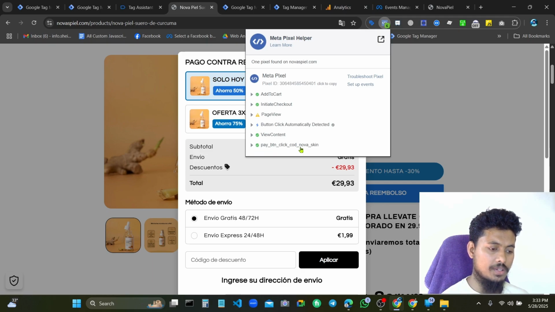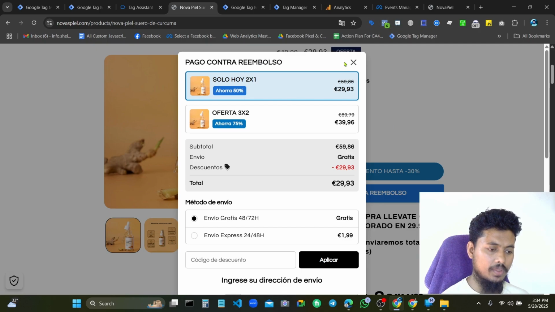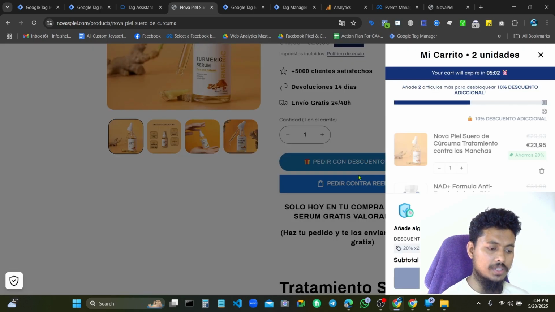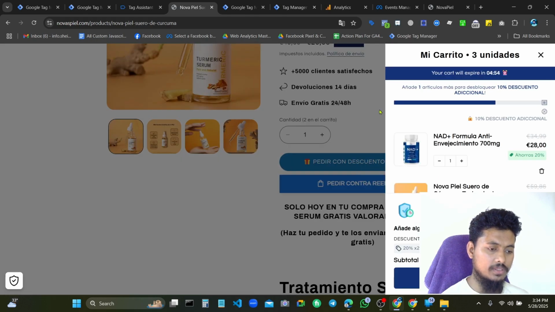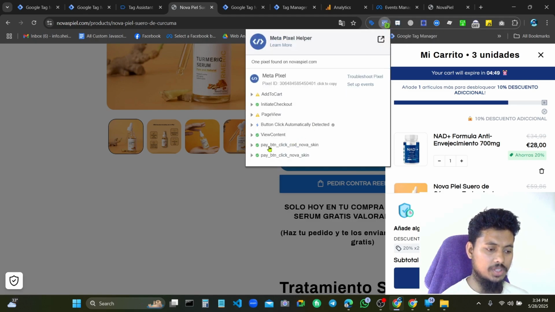So COD is fired for Nova Skin, this product name. So second button is, you can see up to 30% discount. If we click this button, it will fire a custom event, pay button click Nova Skin.